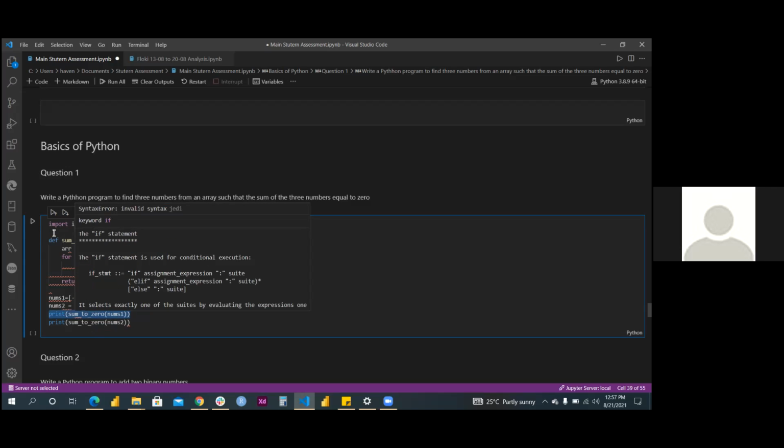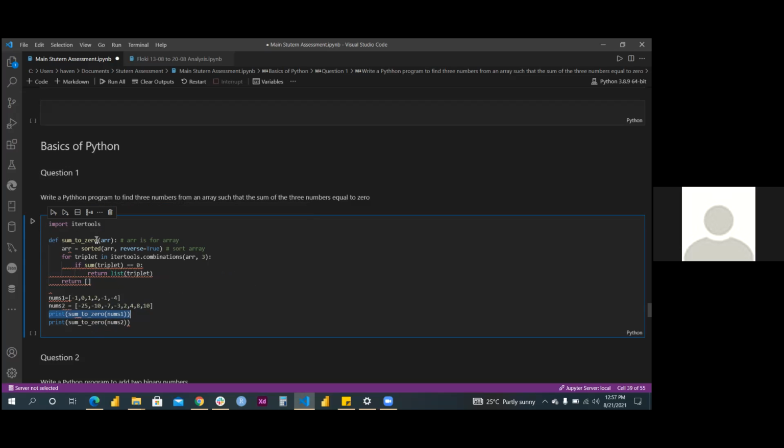So this sum to 0 here is actually the name of my function, asking Python to perform this function that I've written on this set of array here. Similarly, me calling sum to 0 here is me asking Python to perform this function on this second set of array here. So if we run this now,